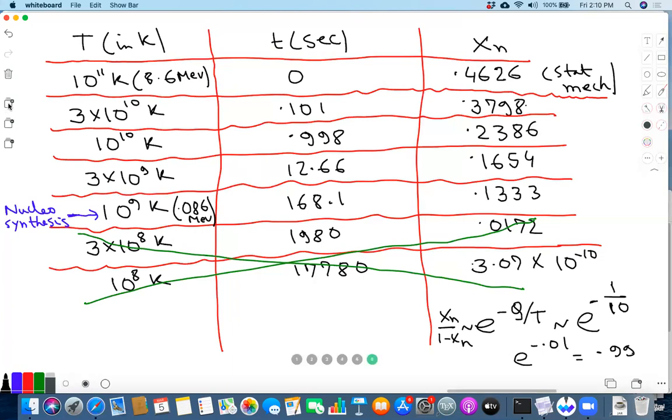Okay, so now we are going to turn to the third step. What were the first two steps? First step was to determine the time evolution of T nu and T. The second step was to determine the time evolution of Xn, the fraction of neutrons that are present. So step 3 will be the actual analysis of nucleosynthesis. But this, as you'll see, will be divided into two parts. The process of nucleosynthesis.